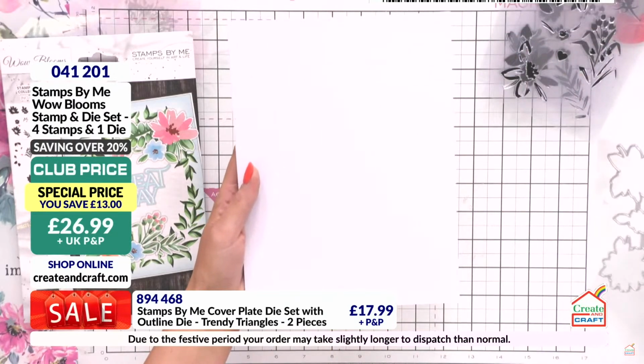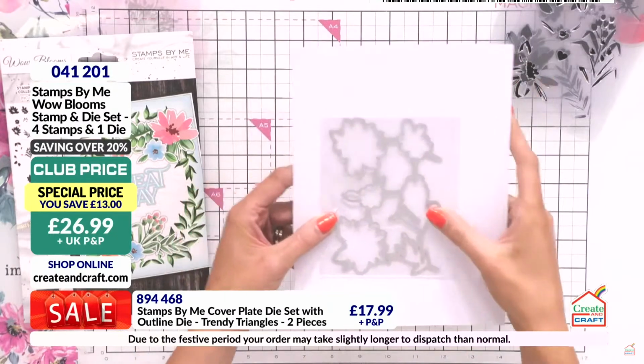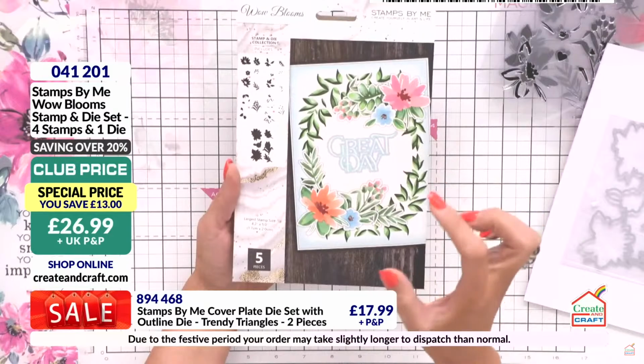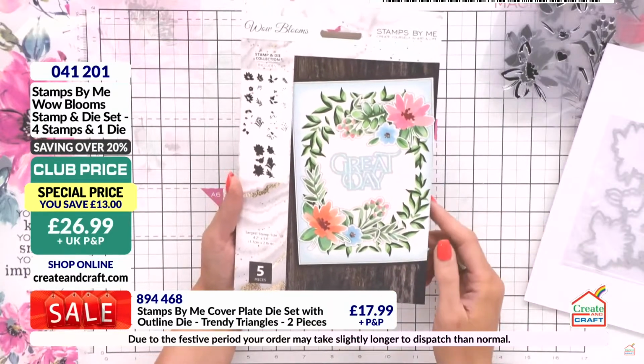We do not ask you to cut them out individually. The plate fits beautifully over the stamped finished design. You run it through and you end up with watercolour flowers that look a lot like this. So the buildable element of them is absolutely beautiful, and these will work fantastically over the cover plate die one